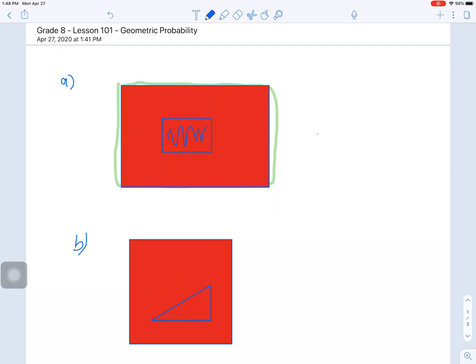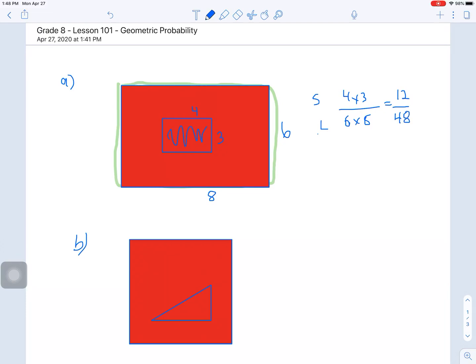So in order to do that, what we have to do is grab the area of the smaller rectangle, which has dimensions of 3 and 4, and figure out the area of the larger rectangle, which has dimensions of 6 and 8. So we know to find the area of the smaller rectangle and the larger rectangle, we can put them into fraction format. So 4 times 3 can go on the top, and 6 times 8 can go on the bottom. So you can see that that is 12 over